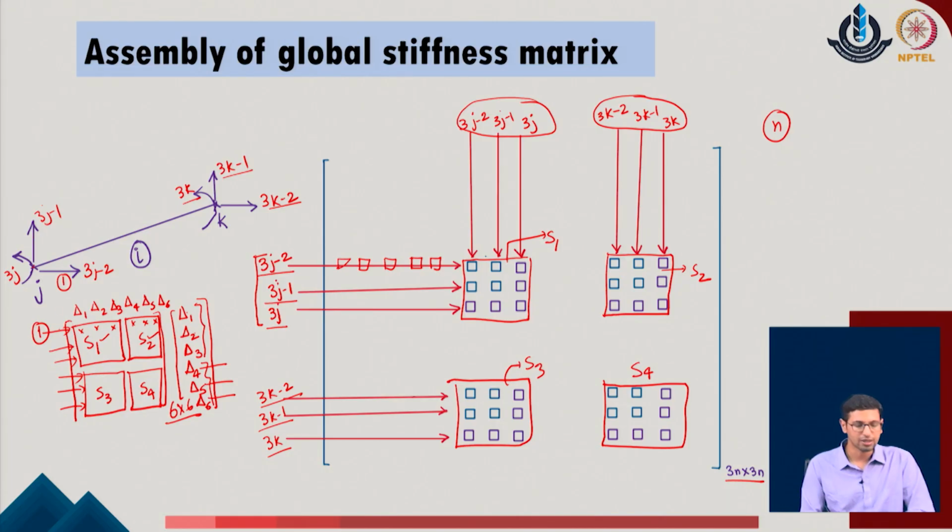It typically means that individual rows are contributing to the equilibrium of the system and the individual columns are contributing to the coefficients with respect to the degrees of freedom of the given system. So, the same contribution we are defining in the global system as well. So, this is the contribution of the member i stiffness which has been added in the given problem.